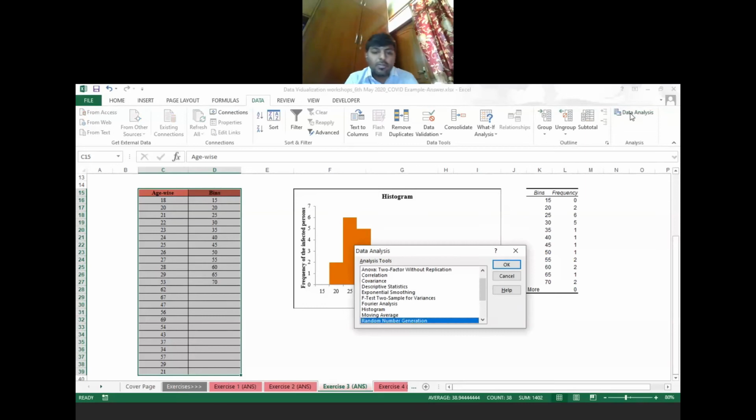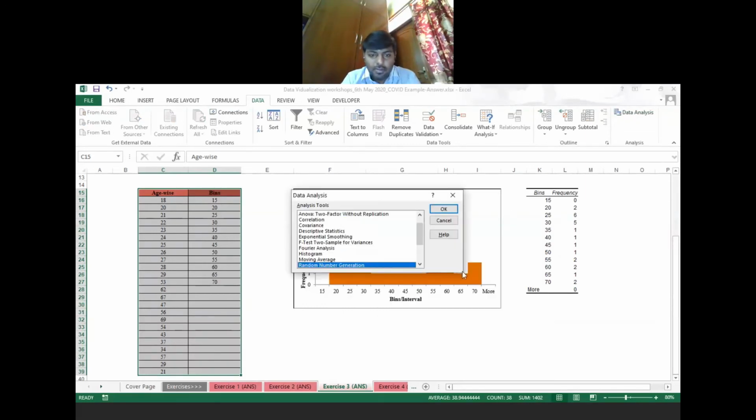Click here. You'll get a window. In this window, there are many analysis tools, but because we have to make a histogram, we'll select the Histogram option and simply click on OK.